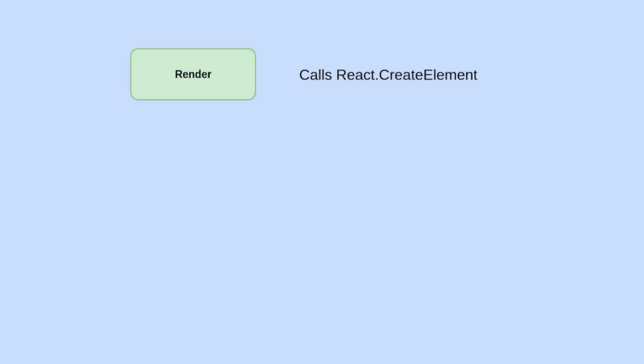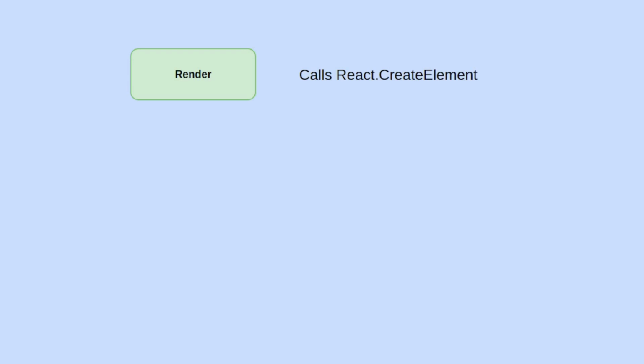Whenever we load the application for the first time, all the components for that page are going to be rendered, right? By rendered, I mean that it actually calls React.createElement inside of it. And if that parent component has a child component, that component is again going to be called via React.createElement. So this means that my whole application, all the components, are rendered for the first time.